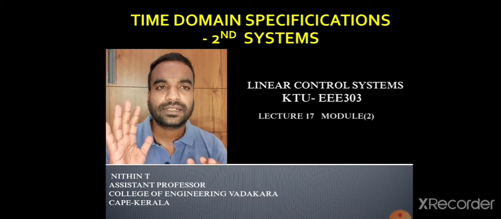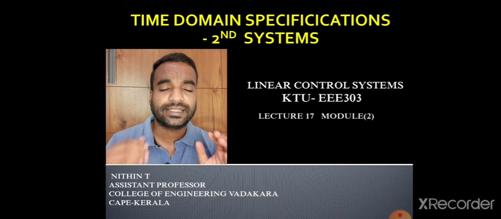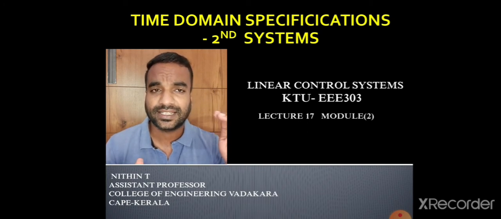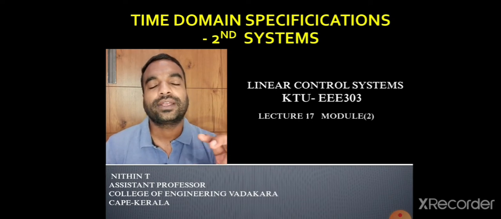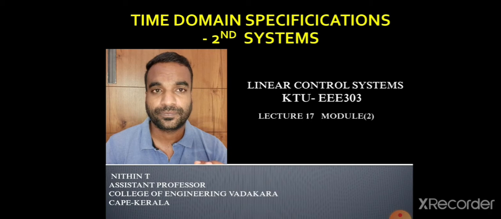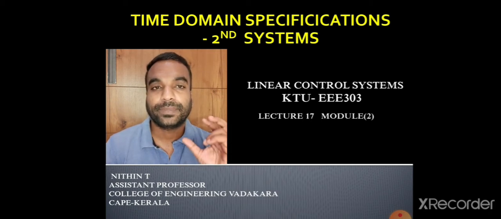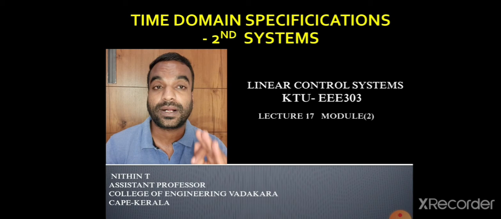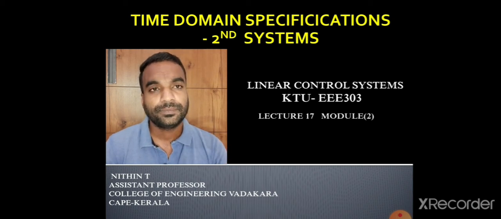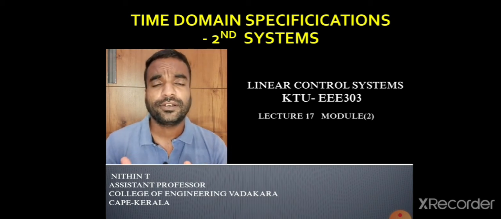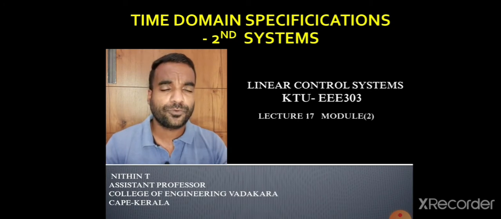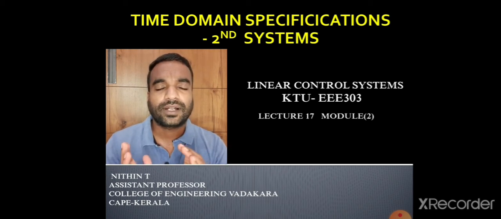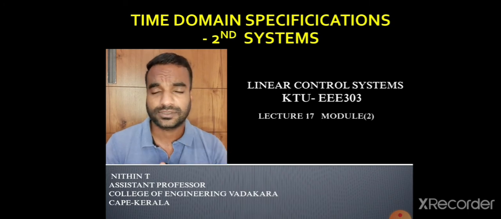Anyhow, in lecture number 15, we discussed in detail all the rules and standard results of Laplace transform. And in lecture number 16, we did how we can implement Laplace inverse transform. And in that one, we briefly discussed the three types of partial fraction techniques, because partial fraction is really important for implementing Laplace inverse transform. I think now all of you are clear about those lectures, and now we are moving somewhat in depth to the analysis of second order system.